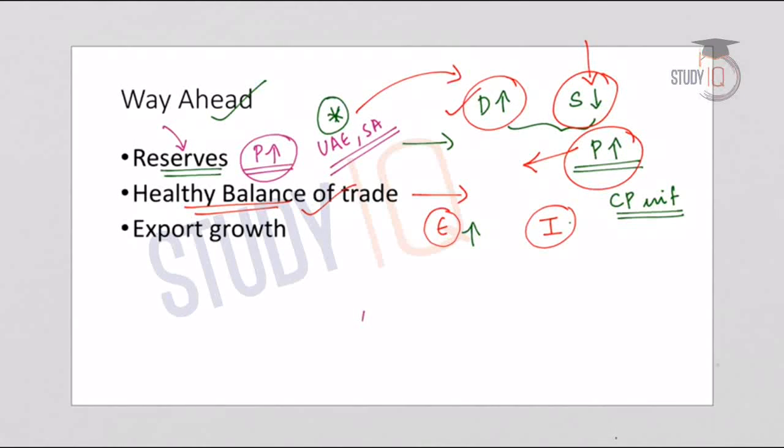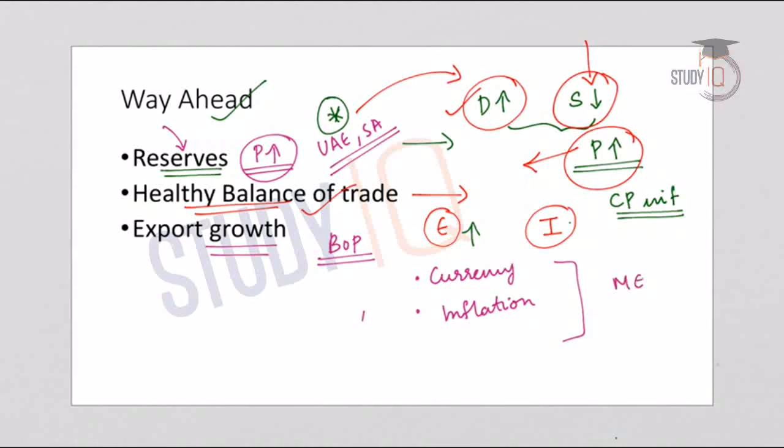So for a country like India, which does not have enough resources to produce its fuel, oil or energy requirements from its own territory, and is highly dependent on imports, what can be effectively done is to increase exports so that we can maintain a healthy balance of trade, and thereby the BOP situation will normalize, the currency will be stable, the inflation rates would also be stable, and finally we can achieve macroeconomic stability.